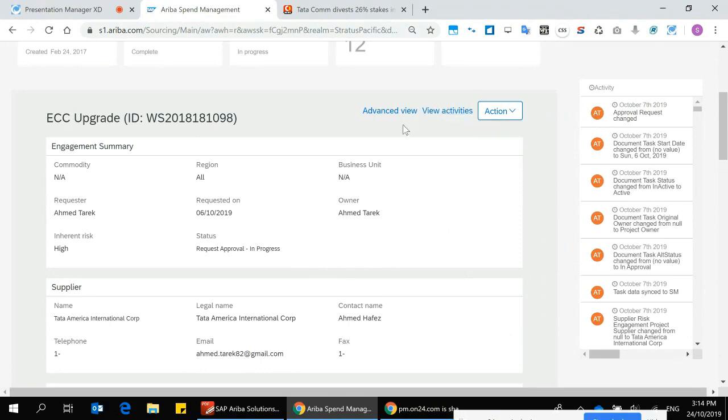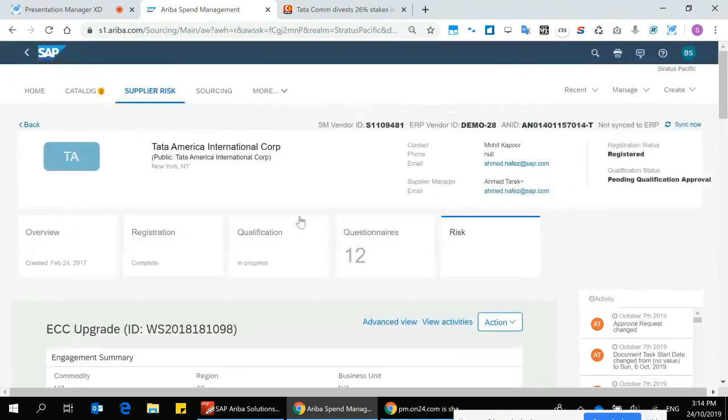And the key thing, every organisation is different. Each supplier that they're working with, they'll have a different risk threshold, a different set of requirements, and you're able to reflect them directly here in system. So that's the supplier view of risk that you're able to achieve in our solution.